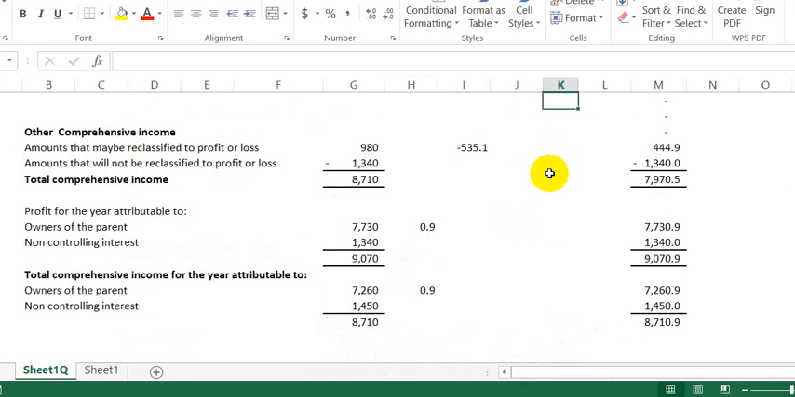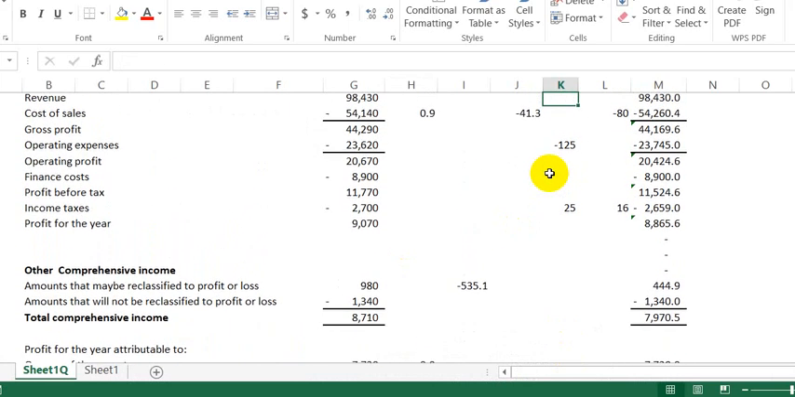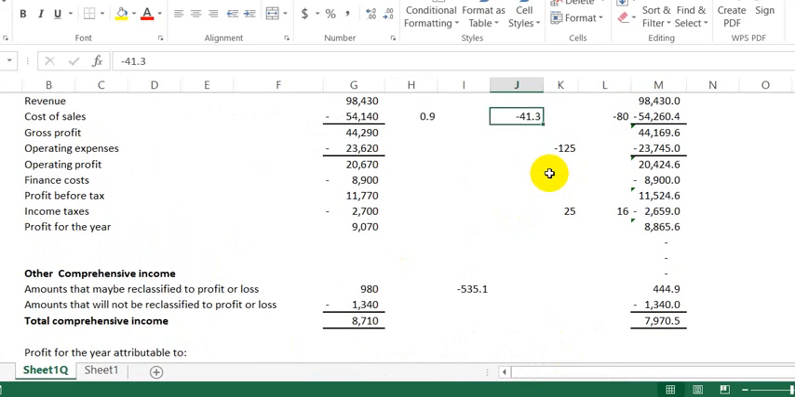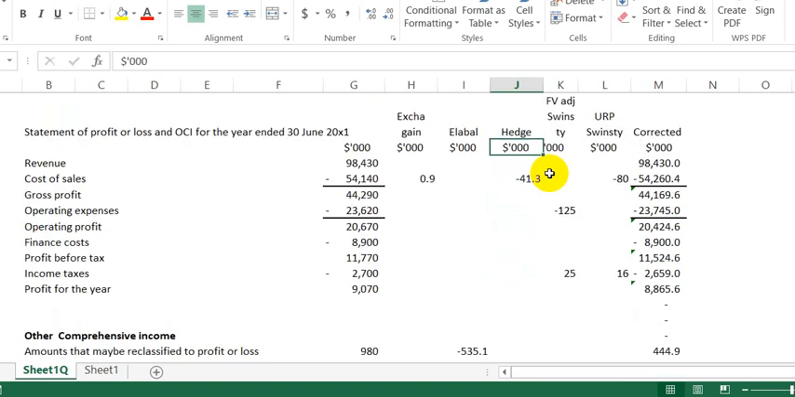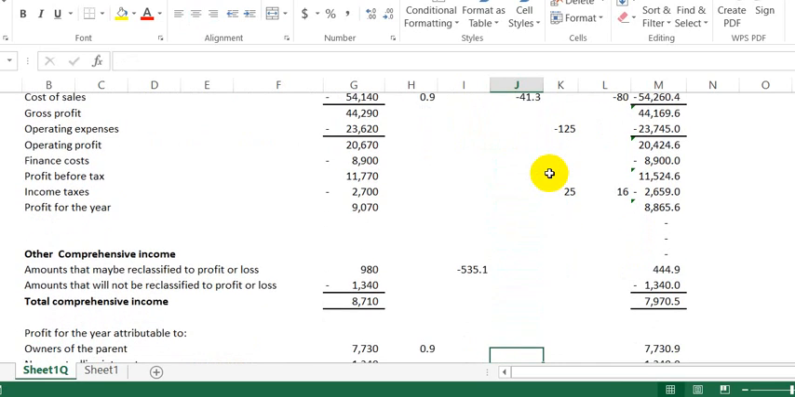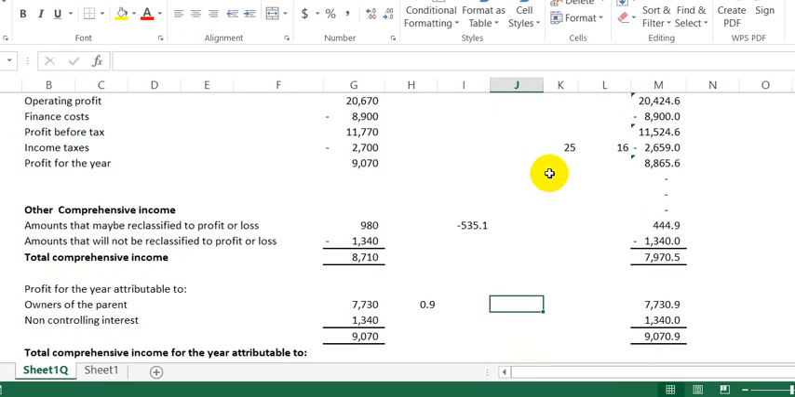Where is the hedge? So this hedge is a fair value hedge which is recognized in P&L. So P&L,